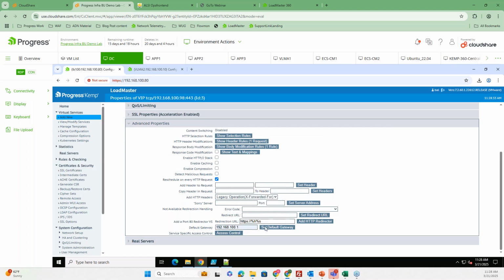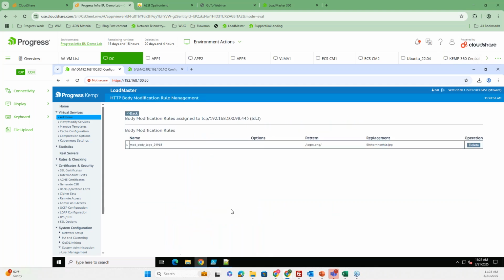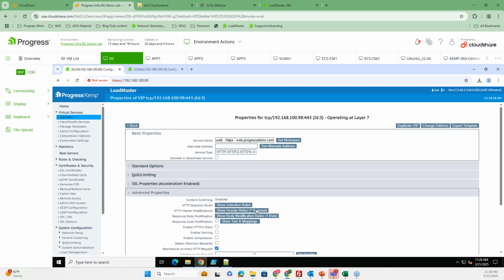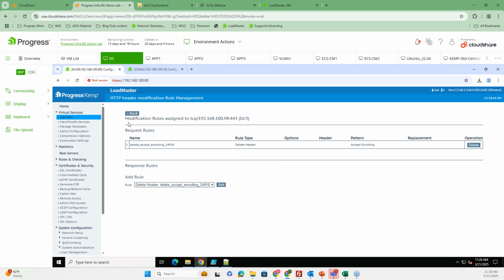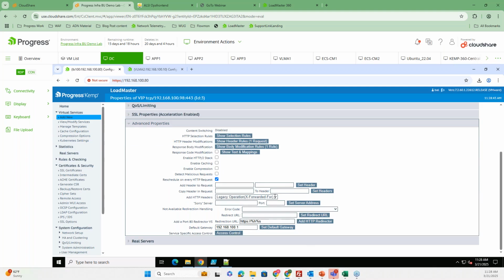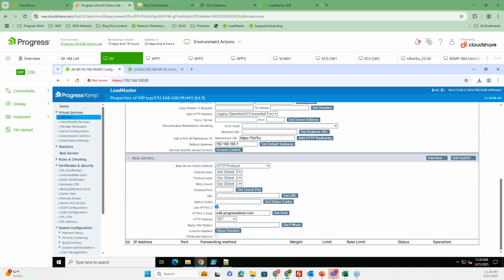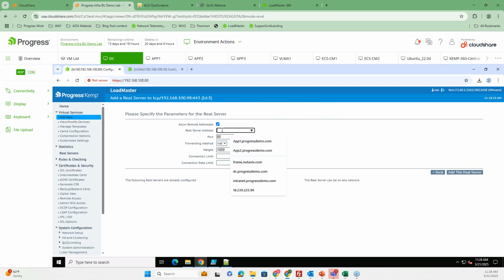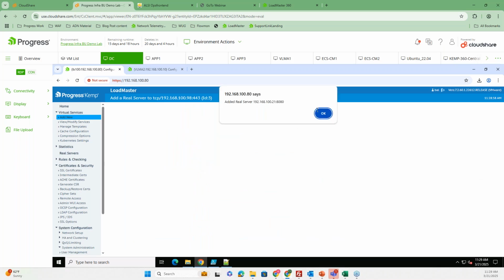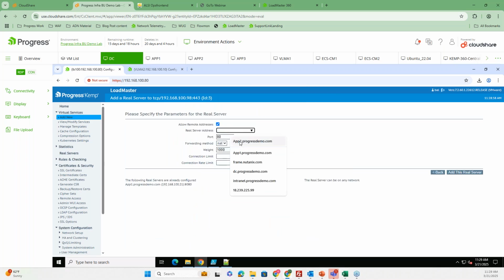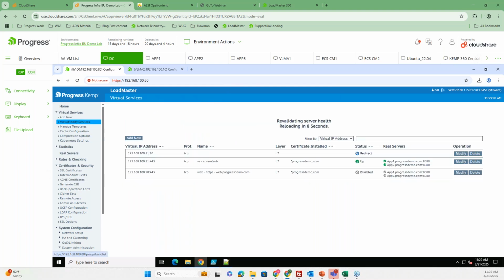So you set that, but other than that, you see the body modification rule was created. The request rule with the header was created. So all of that there, and even the health check is there. I only need to add my target servers that I want this to run on, and then off I go. Pretty nice to use a template rather than ticking every box and looking left and right to build the service in the first place. So pretty nice.